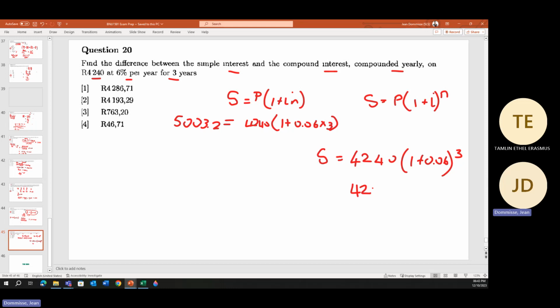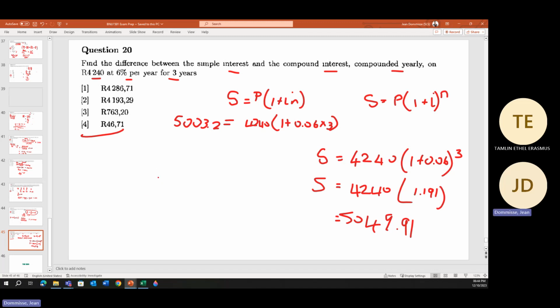It doesn't really seem like over this short period it is going to be a big difference. It will be funny if it is for 46 Rand. So times 4240 is equal to 5049.91. So if I subtract the 5003 from that, we get